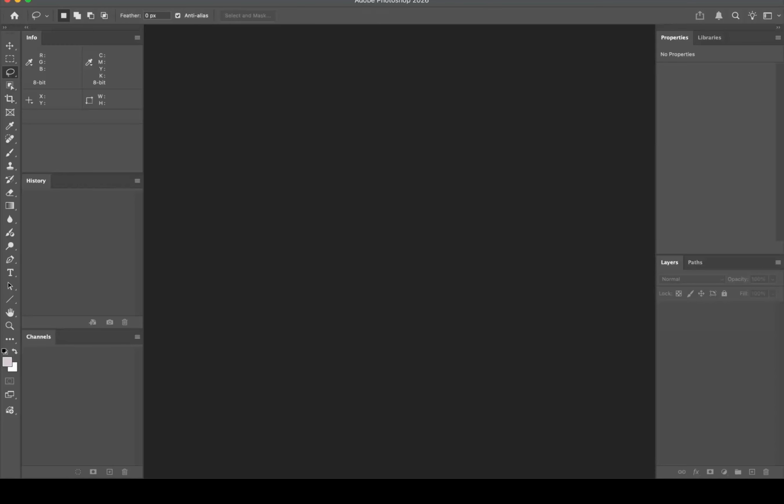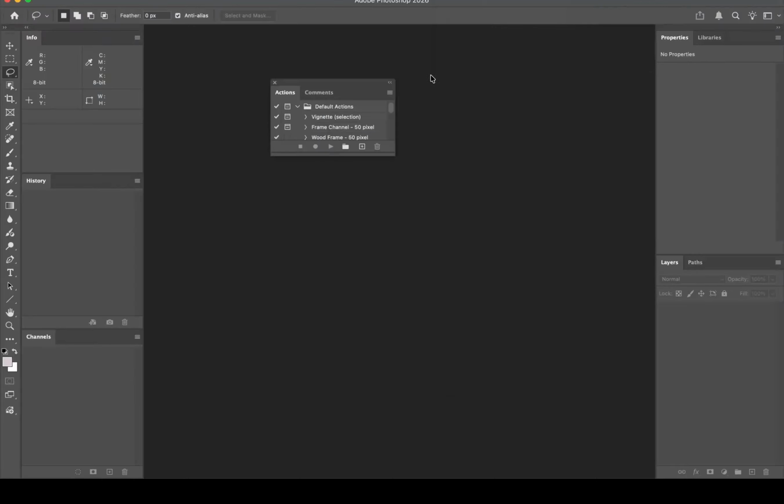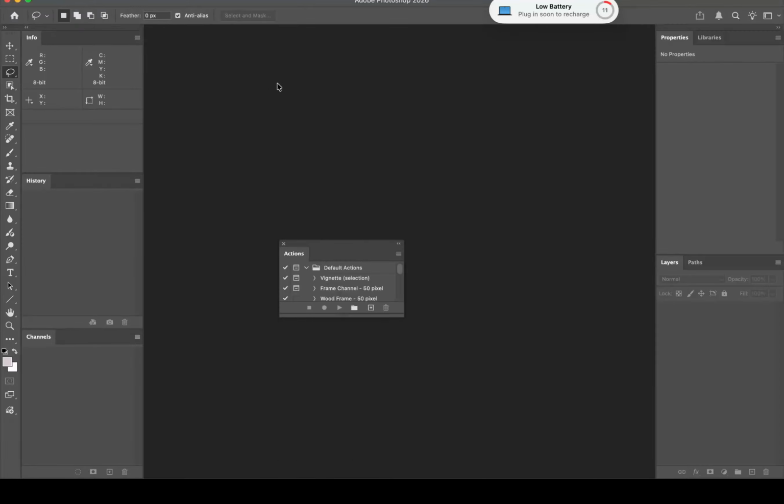Finally, the last thing that I want to do on this, well, a couple things. I want to add actions to this as well. So come over to your Windows menu, come down and do actions. It will actually open up along with a comment section. Tear the tab off for actions, get rid of comments again,